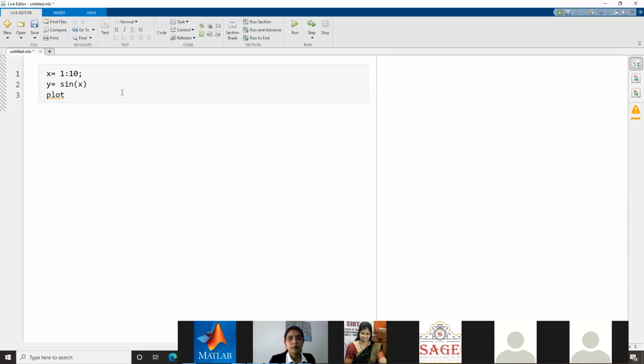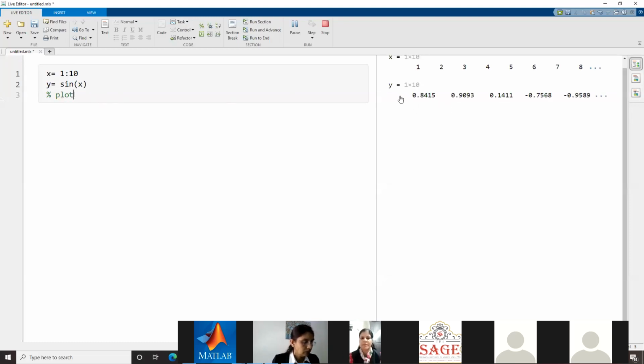So here in line number 1, we have defined one variable x, which takes value from 1, 2, 3, 4 up to 10. And on each value of x, we have computed y. So y here also attains the definite value. Okay, say suppose if I put this one into comment and run it. So here we can see that both x and y have definite values. And now we want to plot. So in yesterday's session, we have seen how we can use ezplot, where we don't have to define the particular values. Okay, it by default goes from -2 pi to 2 pi range.